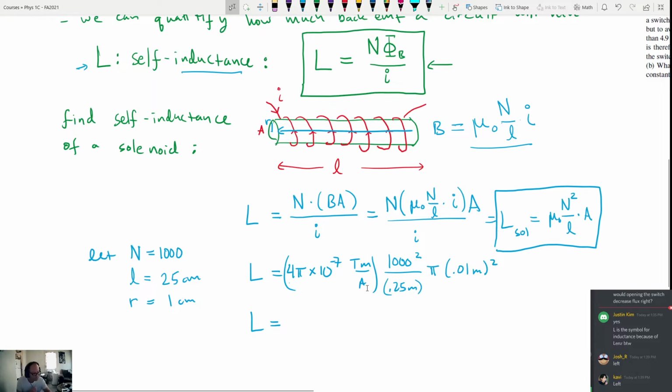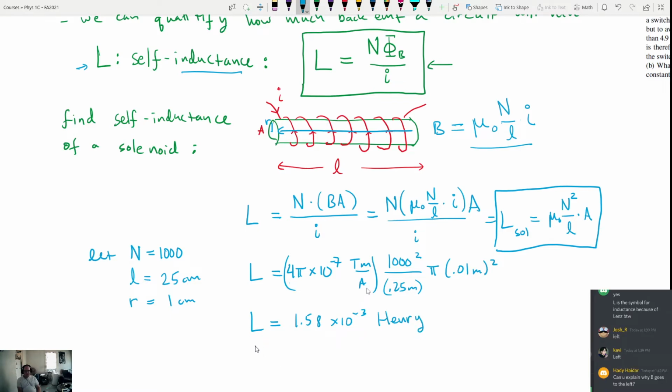So I got 1.57, 1.58 times 10 to the minus 3. And we'll look at the units. The unit of inductance is what we call the Henry. So it would be 1.5 times 10 to the minus 8 Henry. The symbol for the Henry,